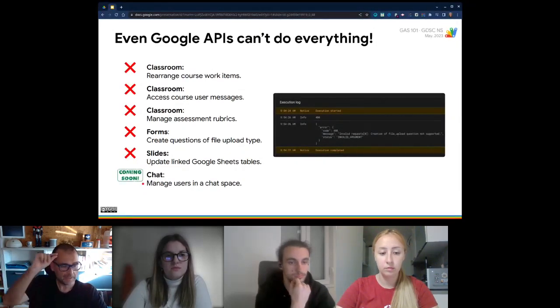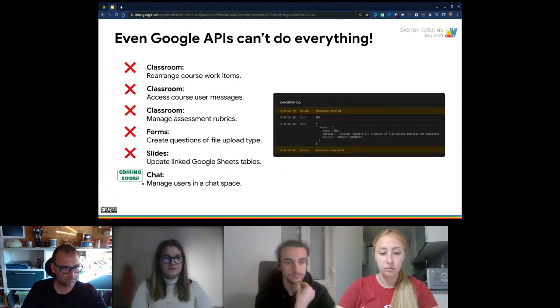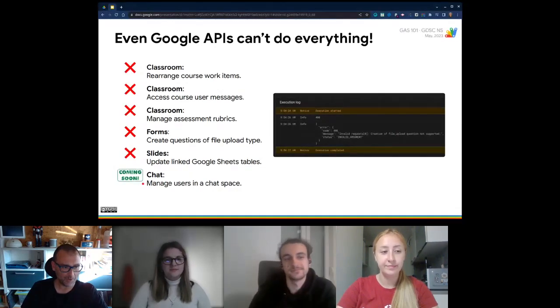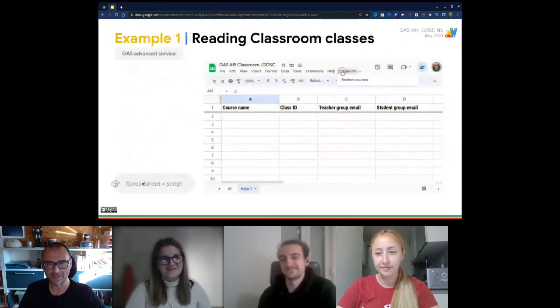So think about it. Maybe you are trying to do something that can be done with Apps Script. So there are limitations, and the limitations are signaled by what the API can do. If it can be done with the API, it can be done. If it cannot be done with the API, it cannot be done either with the advanced or the lesser standard service. Okay? Are you following me? Yes, more or less? Great.